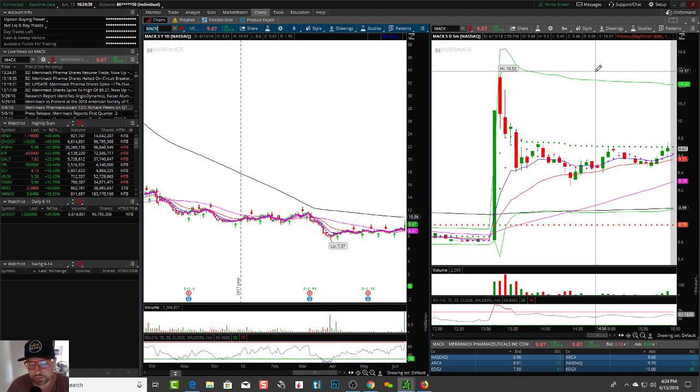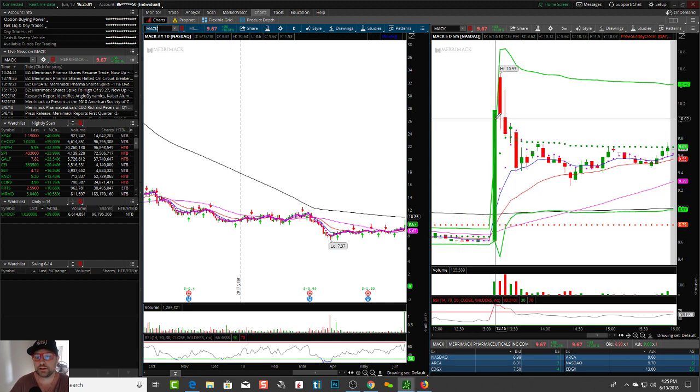Do you want to make those $1 moves that pump up? Do you want to catch this up really quick? Absolutely. Who doesn't? But you have to have some serious guts holding throughout all this. You're looking at $10 down to $8.61. Looks bigger than it is, but it's still a pretty good move, $1.20. Everybody wants to trade these. Who doesn't want to trade this and hold this full move?